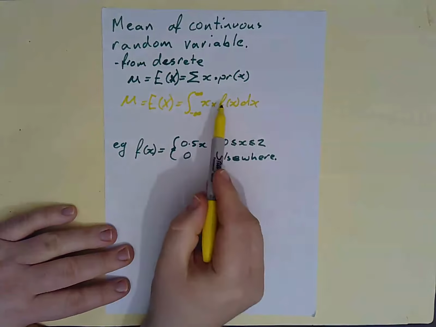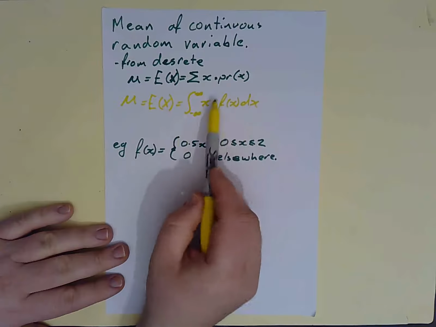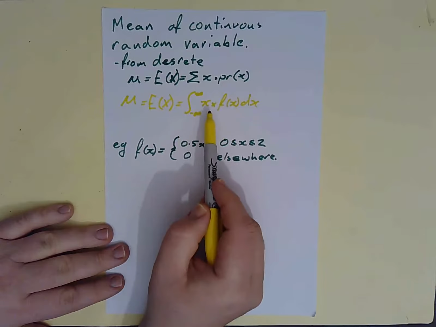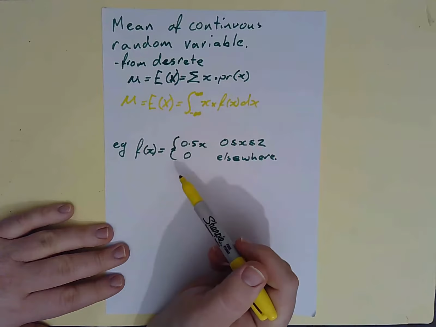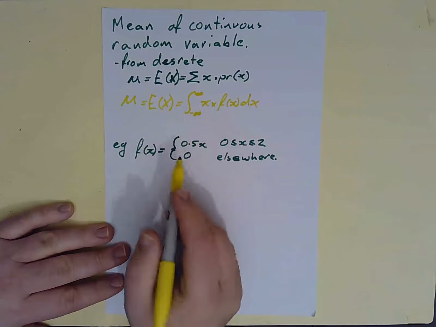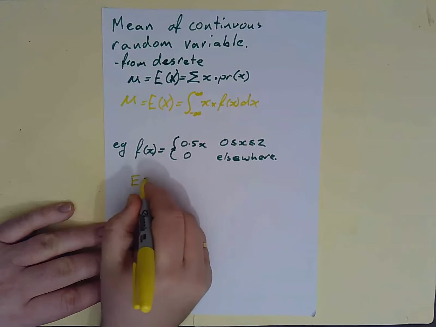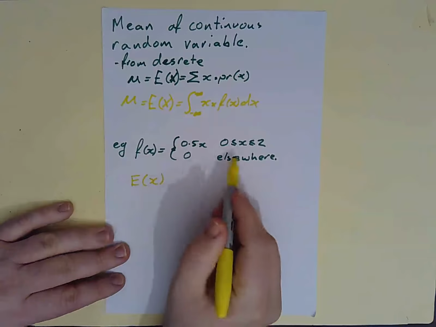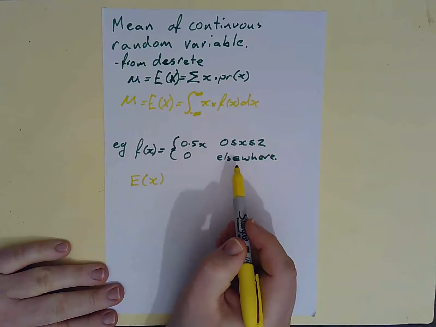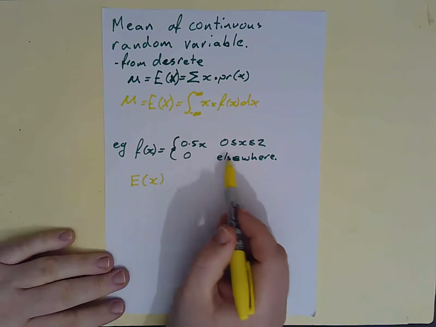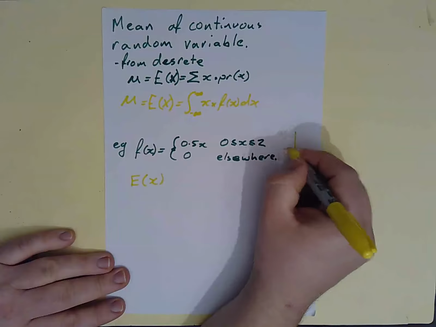So all we're doing here is, instead of integrating just the f of x to work out that it's 1 to show that it's a probability distribution, we're putting this x in here to weight it to make it so we get the mean. So if I look at this question here, I want to know my expected or mean of this. Notice again, I've used this 0 elsewhere. That's not the official maths way of doing it, but it's just a quick way. So all I'm really caring about is that this function here has got